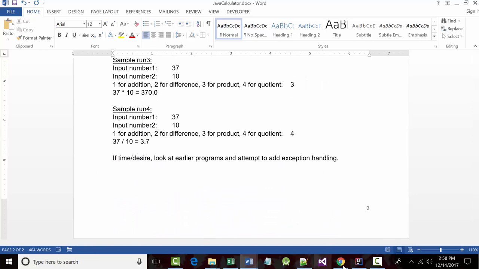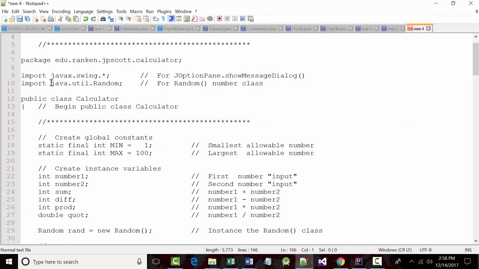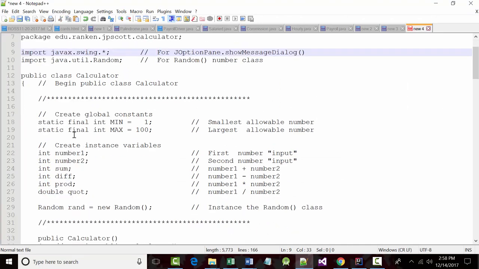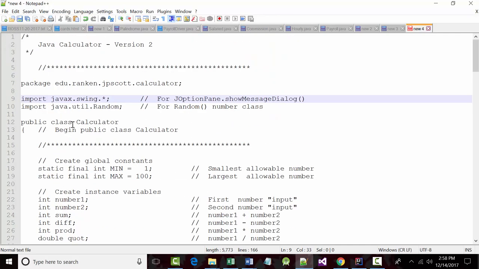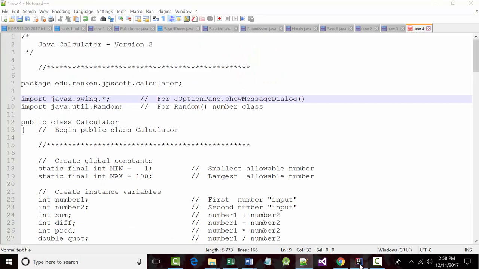So what I did in order to do that, again, this is on the top of the copy that you have. It says here, someplace on it, Java Calculator version 2. All right, so what did I do here? Why is this magical? Or is it magical? All right, so just looking through it,